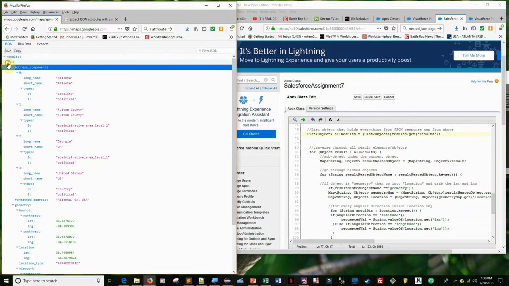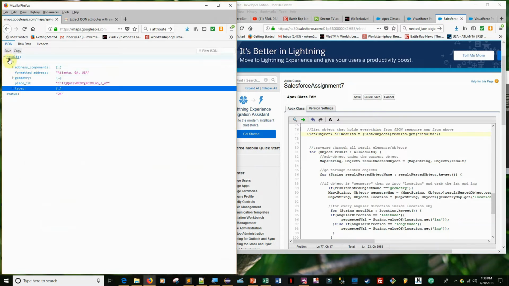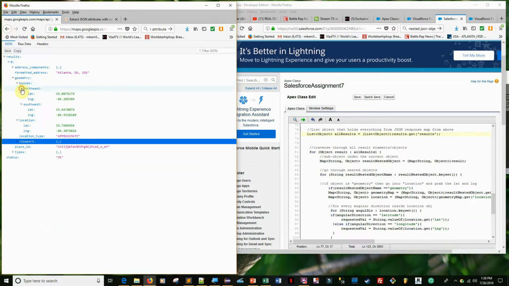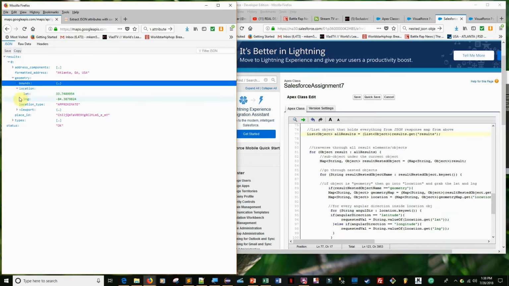So in results, if I close all this up, we're going to see this here. Results, 0, and then we're going to go to geometry. Inside of geometry, we're going to have this nested object called location. Just close a couple of these other things out to make it easier to read. All right, so we go into results, go to 0, go to geometry, and then from there go into location. And these are the actual values that we need to be returned because that's pretty much what we're looking for